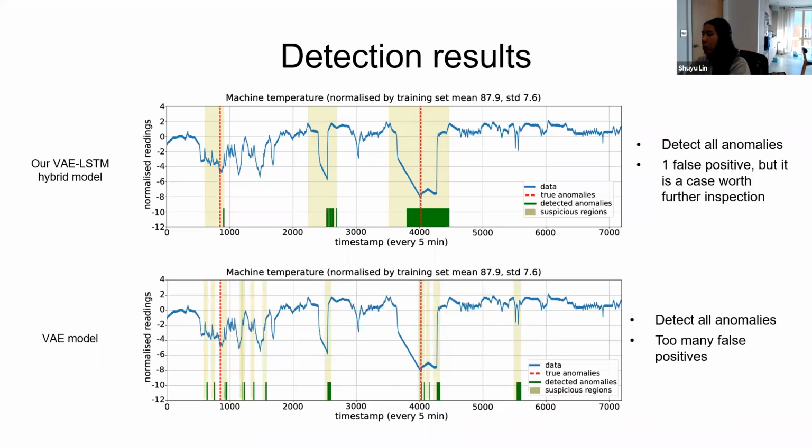Comparing with the naive approach of anomaly detection using representation learning directly, this would be the VAE approach for anomaly detection. The anomaly detection label looks like this. Again, they also detected both anomaly incidents, but the problem is they also flag so many false positive